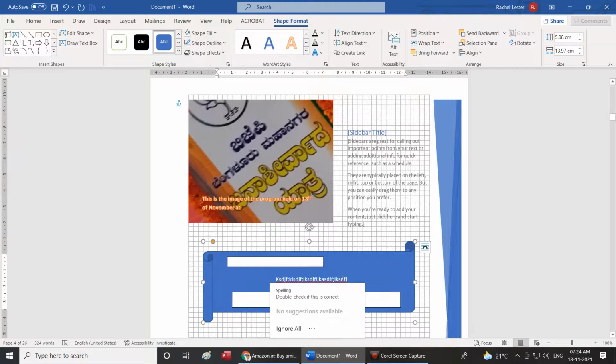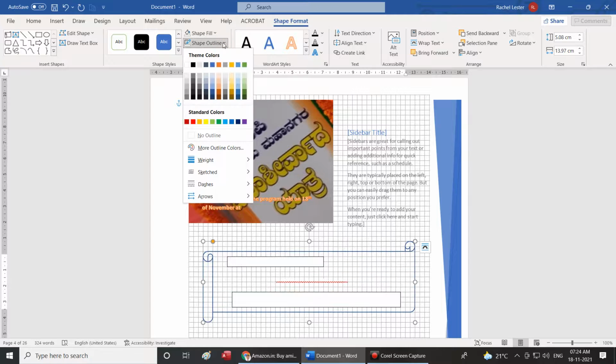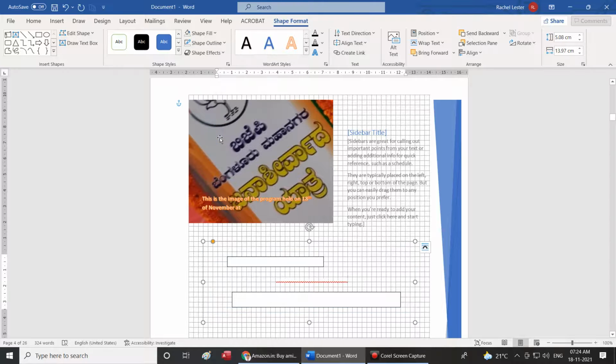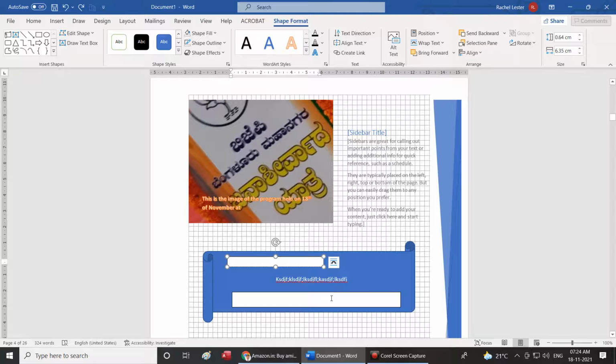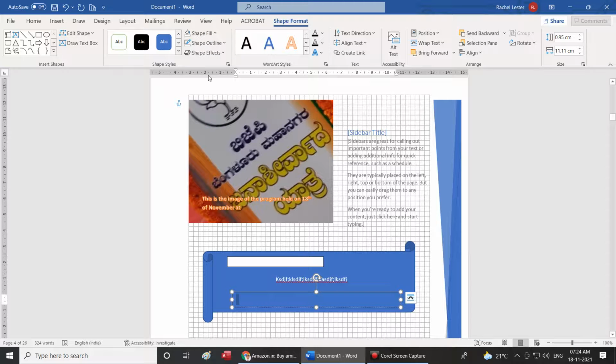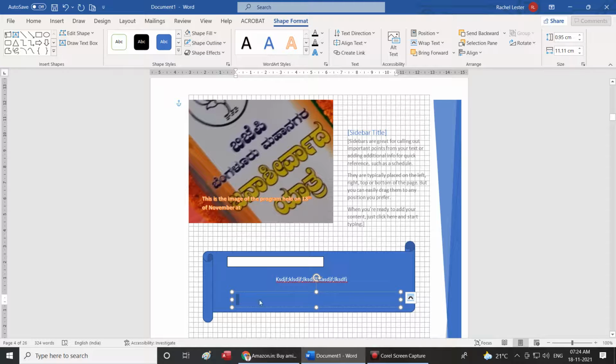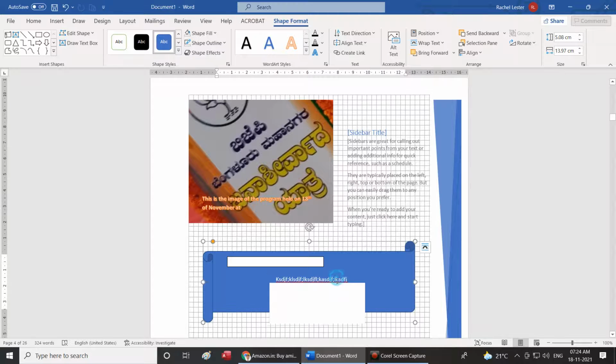Here is from the image automatically that has taken. Here I could insert. If I want transparent, I can always come here, shape fill, and say no fill. If I come to shape outline, no outline. Sorry, no, not for that, for the internal one. Okay, I'm selecting this also. I'm using control and I will say shape fill, no fill, and shape outline, no outline. So only the text will be there. You can align the text in whatever manner you want. But here if I am doing, I cannot align it. In whatever format it is available, I'll have to make use of it.